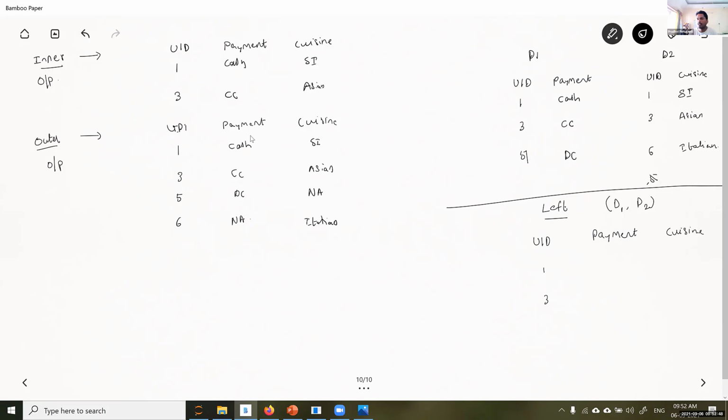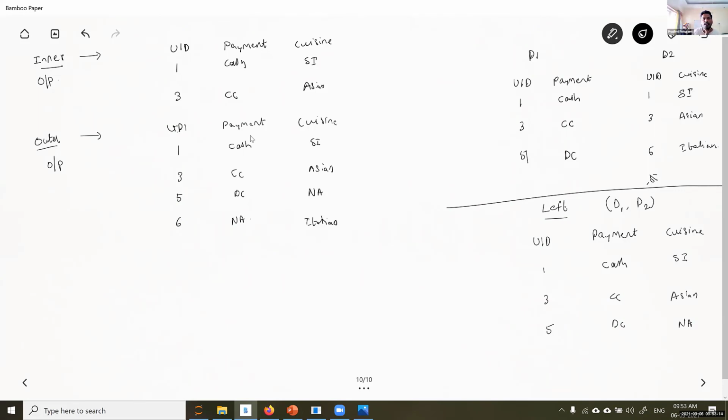User IDs I'll get 135. Payment I'll get the same, cash, credit card, debit card, cuisine, South Indian, Asian, but here you'll get NA value because for this guy you don't have it. This is left join because you are prioritizing all the user IDs in the left case.